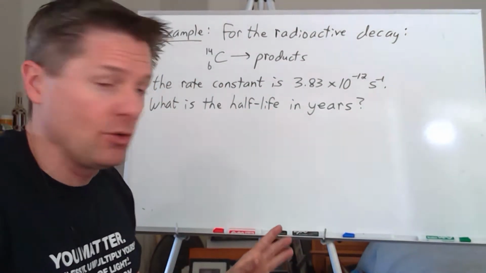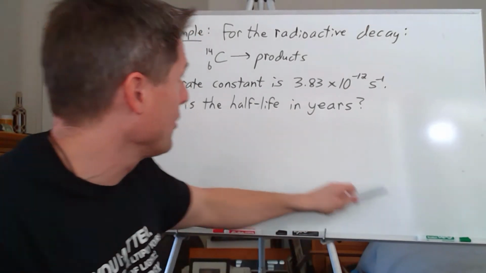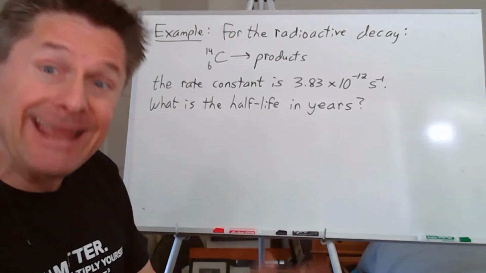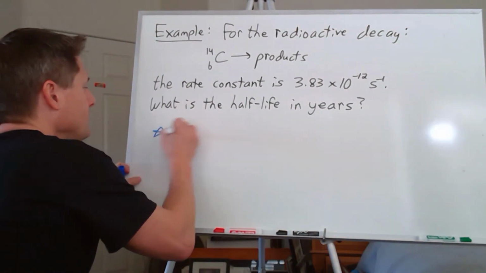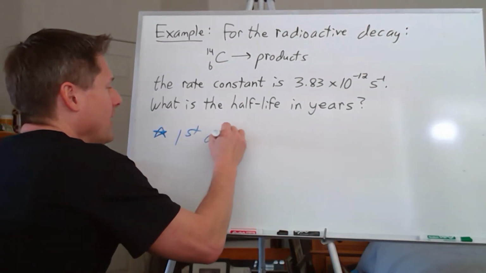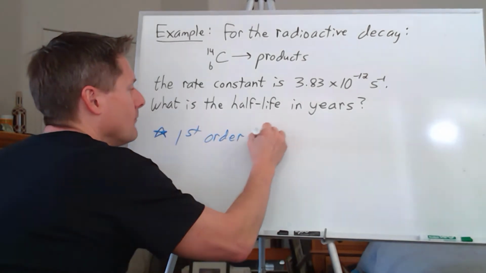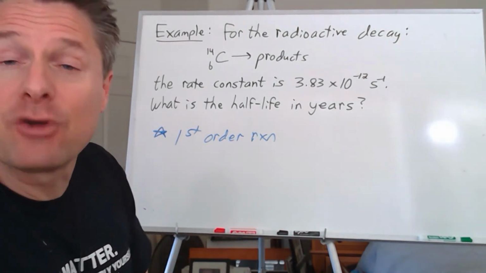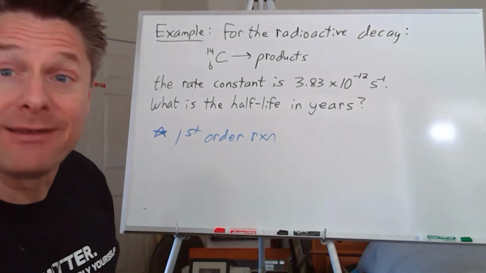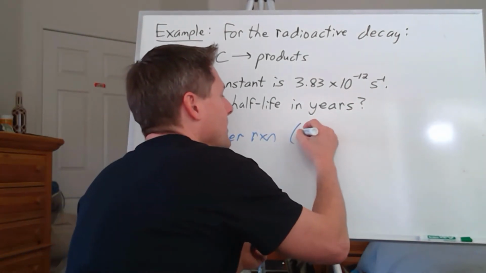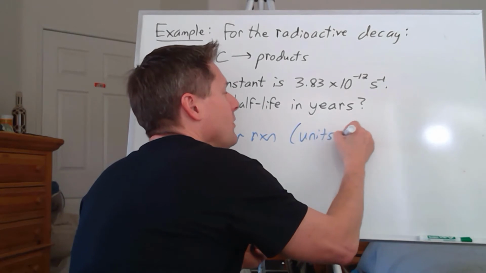So what we want to do is recognize a couple things. If we're going to relate the half-life to the rate constant, we need to know what order. This is a first-order reaction, and you can determine that a couple of ways. We know it's radioactive decay. We know the units on K are inverse time, right? So units on K,